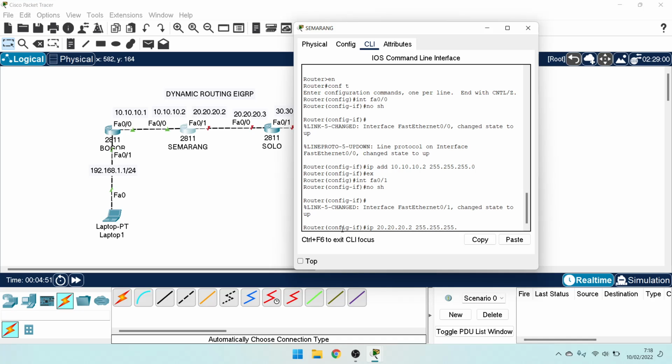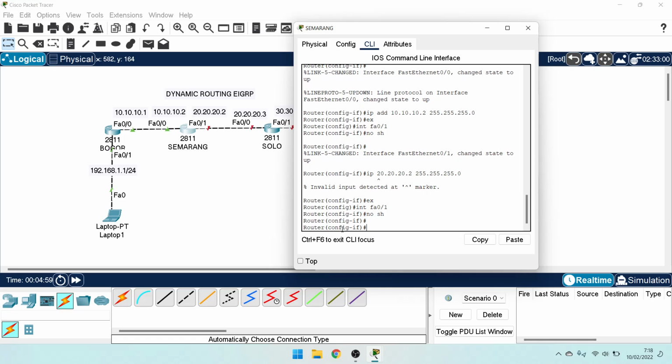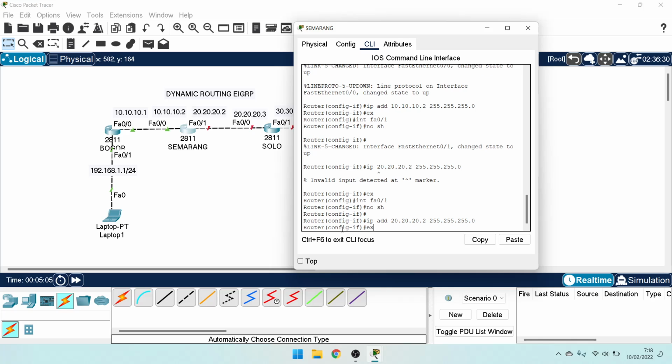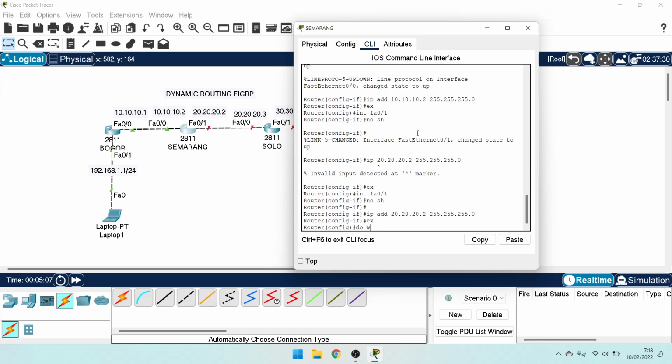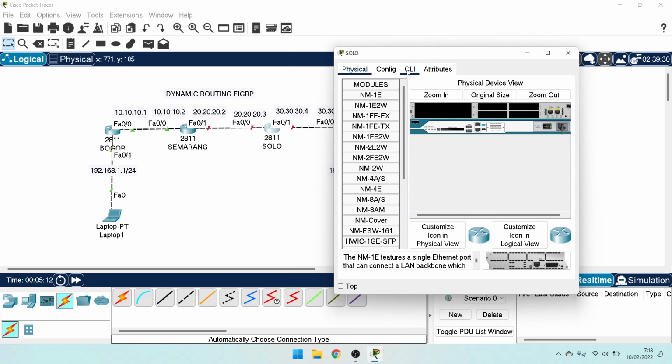20.2 subnet mask. Okay, sorry, this was a typo. Interface 0/1, no shutdown, IP address 20.2 and subnet mask. Okay, write, and configure the IP address on router Solo.